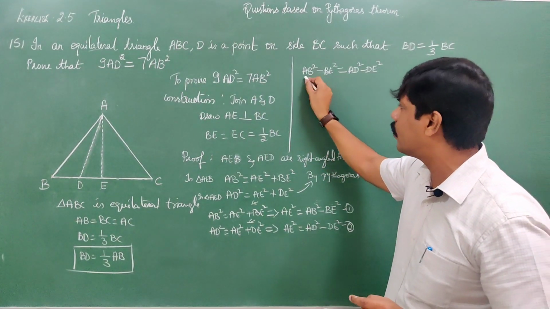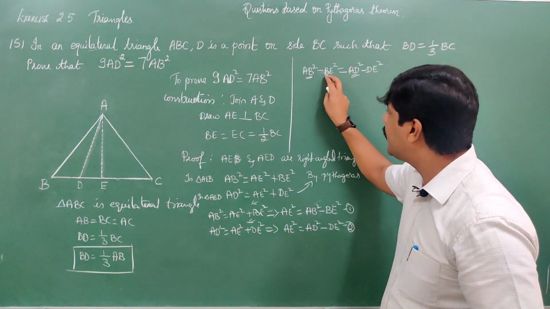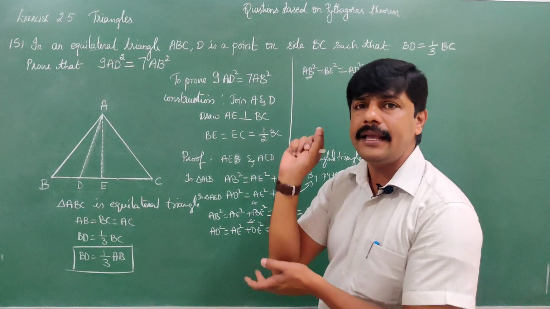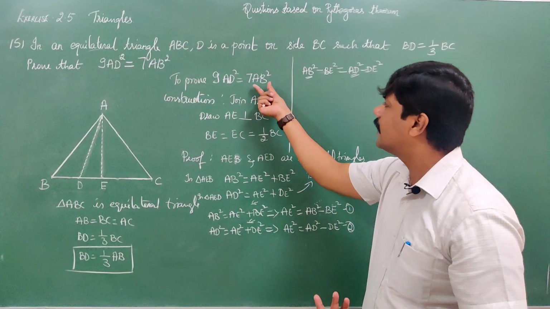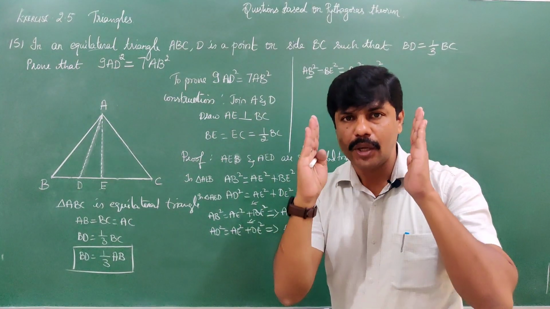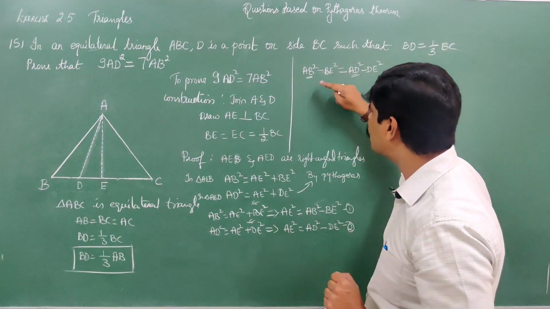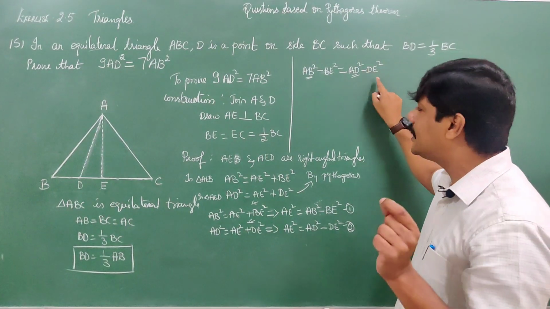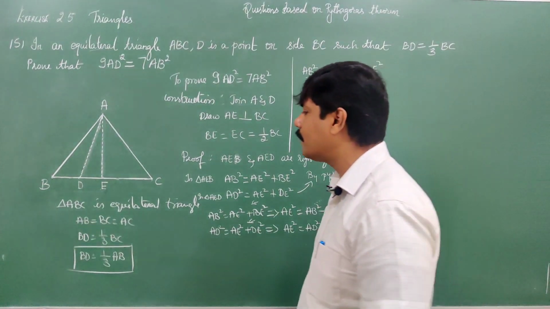Here AB square let it be, okay, because we need this, and AD square also is required. What is not required? BE and DE are not required. We have to change this BE and DE everything in terms of AB or AD, so that we need this itself. Your eyes and concentration should be at the solution itself. In the solution, we don't want BE and DE. Therefore, somehow we have to make this BE square and DE square in terms of AB square or AD square. Okay. How is it possible to make? See here.